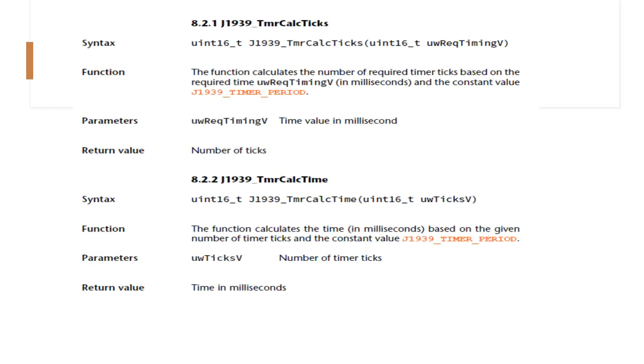Let's see TMR_CALC_TICKS. The function calculates the number of required timer ticks based on the required time value in milliseconds and the constant value timer period. It takes only one parameter, the time value in milliseconds, and it returns the number of ticks.